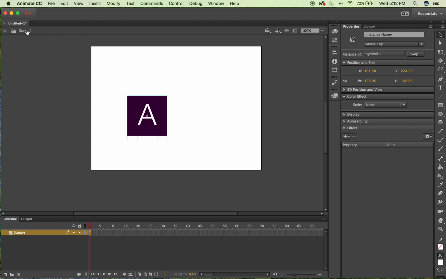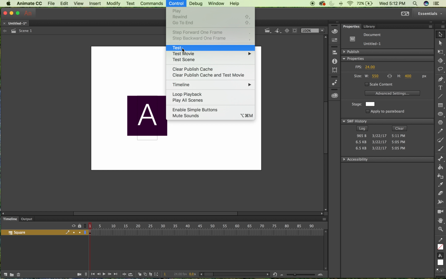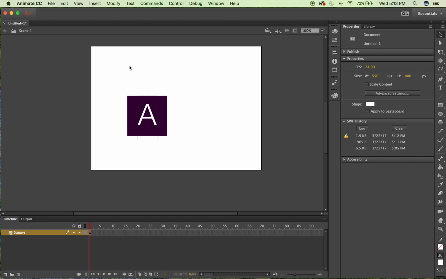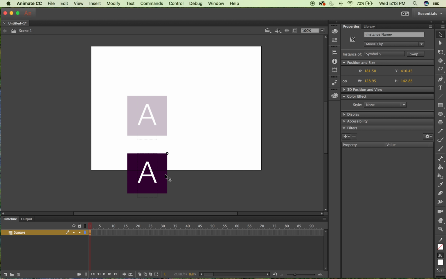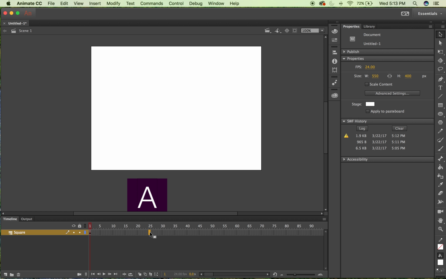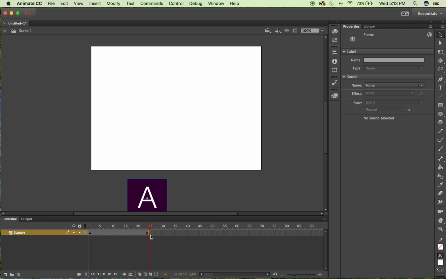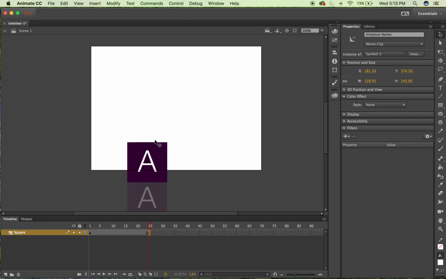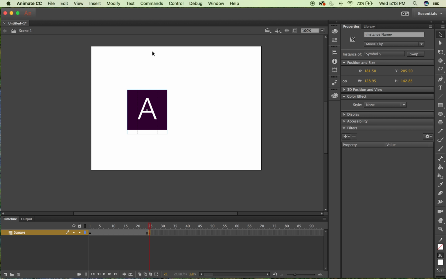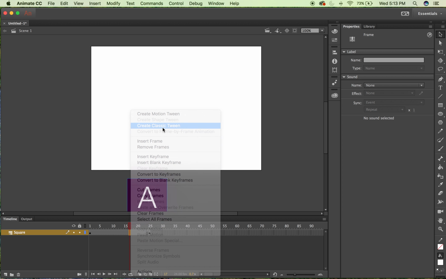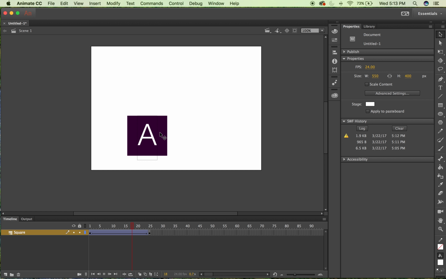So I'm happy with it. Again, I'll jump out of it again and I'll do another test. So every little move I do, I'll do a test just to make sure it's what I want. Okay, good. So I'll close that out. Now I'm basically going to take this object and I'm going to animate this independently. So I'm dragging this off of the pasteboard and then I'm going to create a new keyframe here. I'm going to insert a keyframe on frame 25. And then this is going to kind of show up at this frame to about this point, right? And then clicking back, I'm just going to then create a classic tween, and then this will be my basic